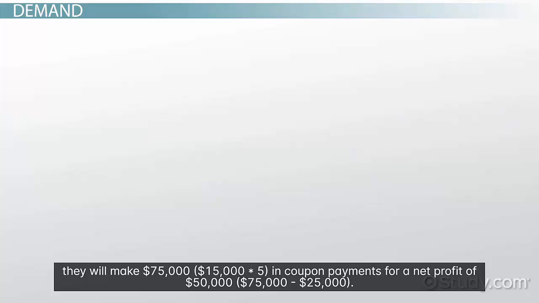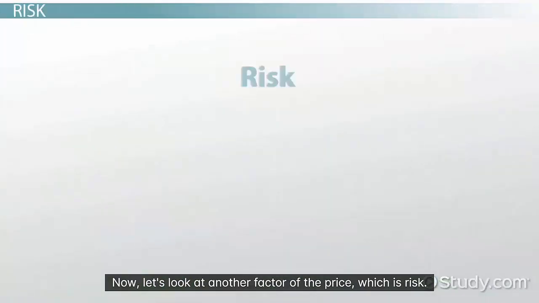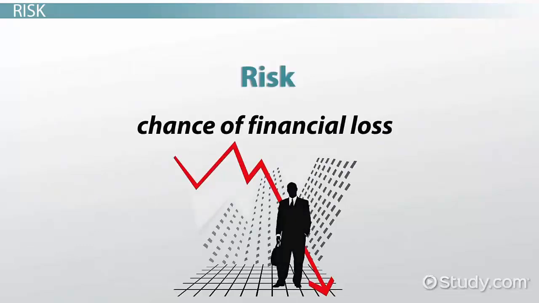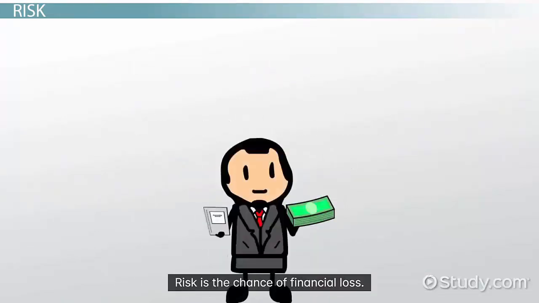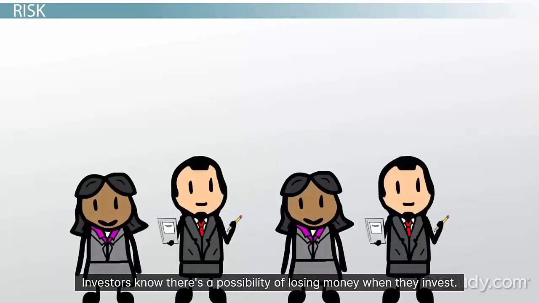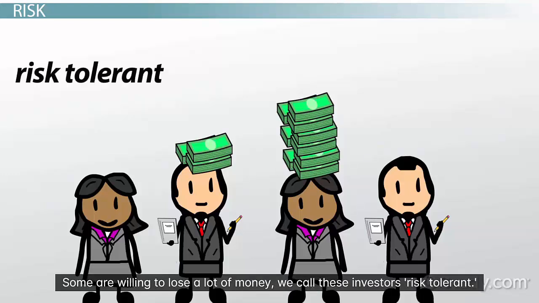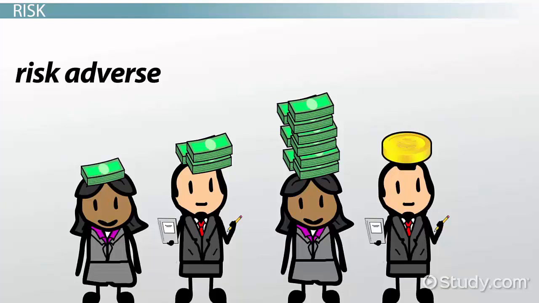Now let's look at another factor of the price, which is risk. Risk is the chance of financial loss. Investors know there's a possibility of losing money when they invest. However, investors have different risk tolerances. Some are willing to lose a lot of money. We call these investors risk tolerant, while others are considered risk averse, meaning they do not want to lose very